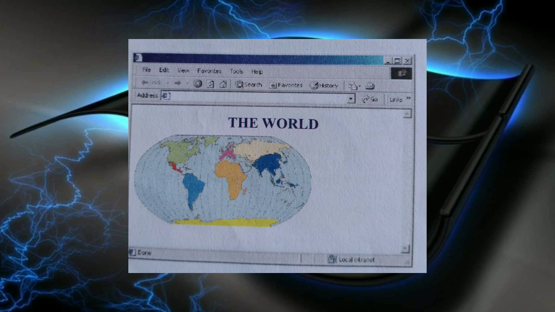With the help of image tag, you can insert the world map or any type of images on your web page. Understood students? This way you can format your web page with the help of these options.